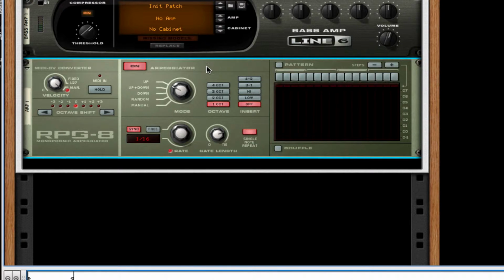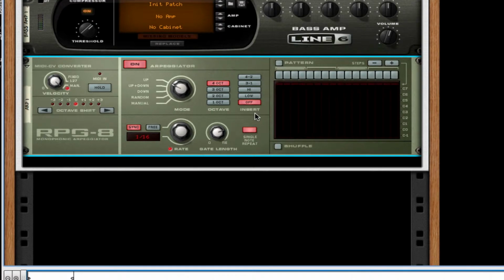So for this arpeggiator, what we want to do is leave it on up. For the octave amount, we want to choose 4. And for the insert, I just leave it off. There's no need for it. And instead of the sync option that you can see by the right button, we're going to take that off